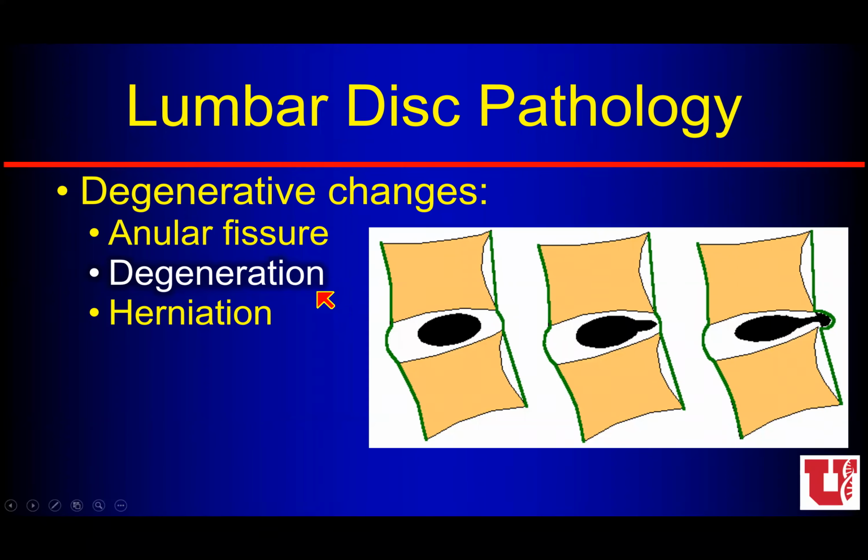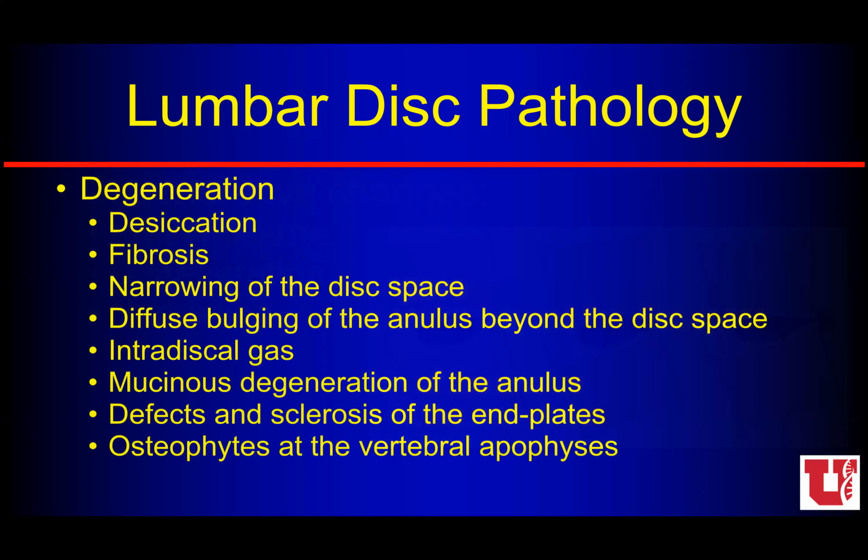So next we have degenerative changes. So this is kind of the confusing area. There's a bunch of different words we use when we think about degenerative changes. Desiccation, fibrous changes. We know that we lose disc height at that level. We have bulging of disc material beyond the disc space. We might see gas. We sometimes argue about, is this gas or vacuum phenomenon or air? We have degeneration of the annulus and sclerotic changes of the end plates and anterior and posterior osteophytes, all things